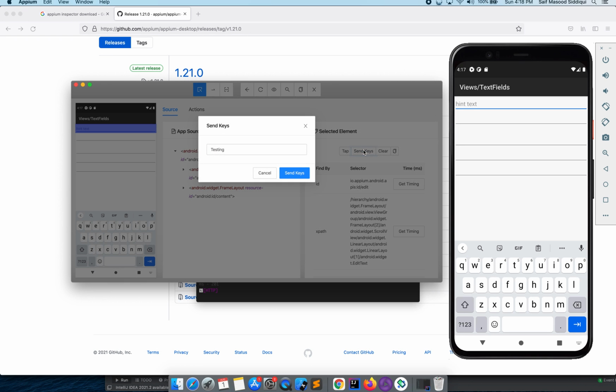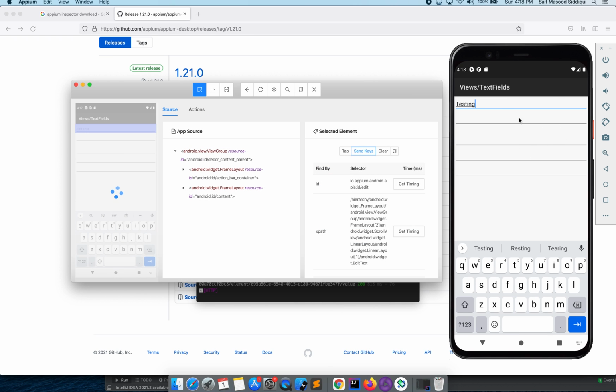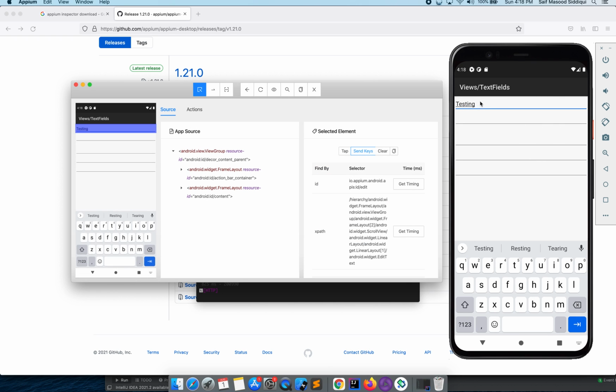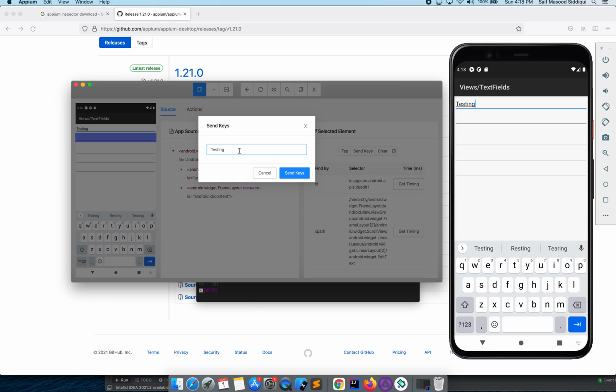Yeah, so now if I am sending any keys, it will send it here. You can see here that it is sending the testing keyword. So likewise, if you want to enter any text, you can just utilize send keys. Just tap on send keys, then whatever keys you want to send, you can just type and send.